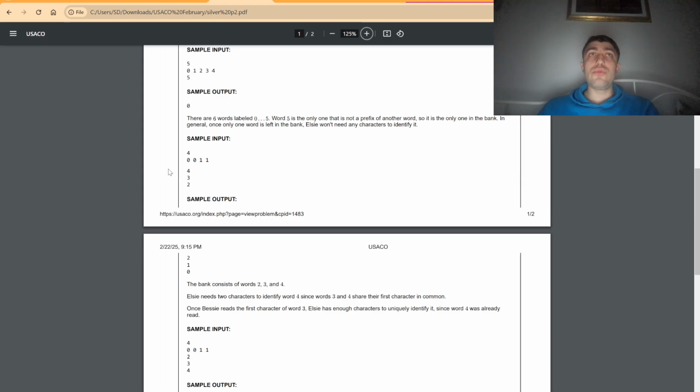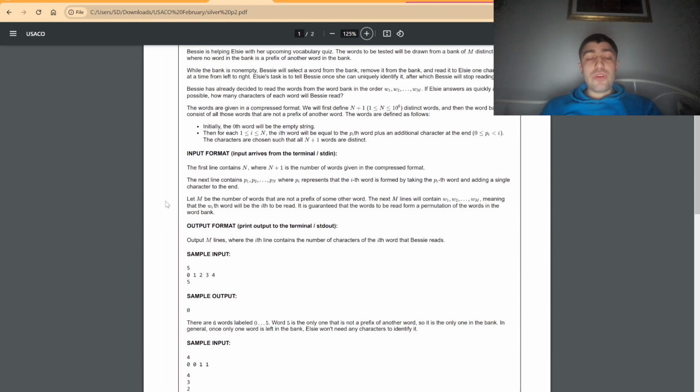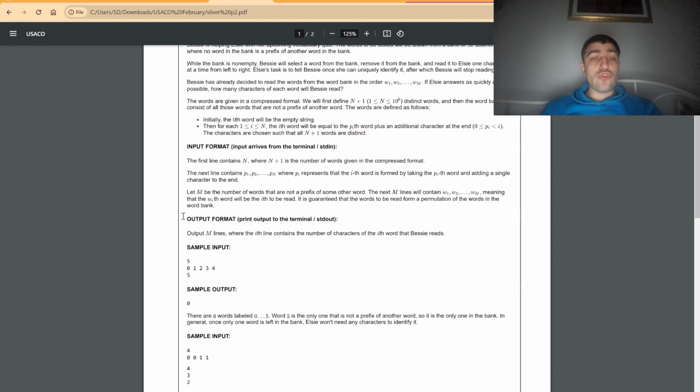Then as we keep going, we would have a situation in which if there are fewer letters which have to be read, she would identify the words very fast. Now, obviously, the first question that comes to our minds is, how do we even model this kind of structure we are given in the input, with the words being formed by taking a previous word and adding a single character? And if we think a bit about this sort of structure, this is actually very reminiscent of a tree,